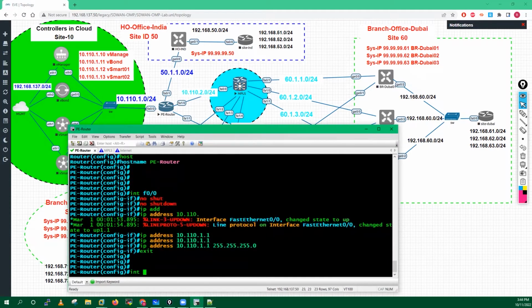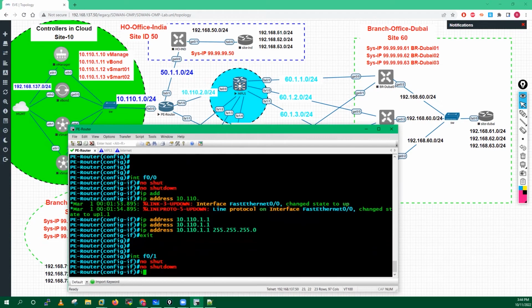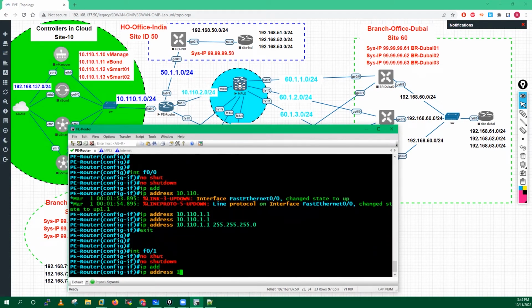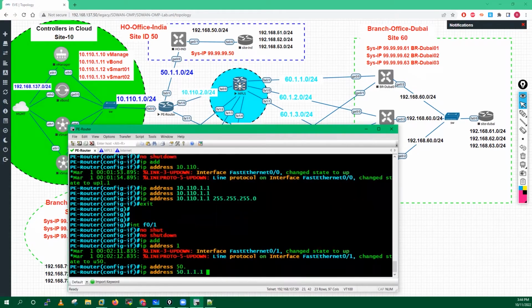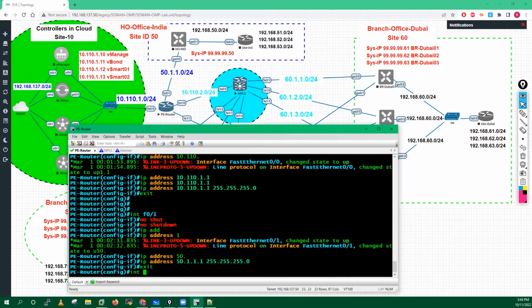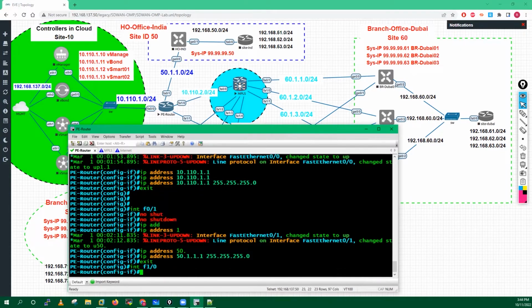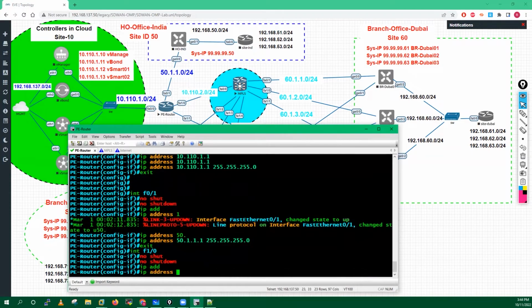Then we have another interface, F0/1, no shutdown, and IP address is 50.1.1.1, 255.255.255.0. Then we have another interface, F1/0, no shutdown, and IP address is 10.110.2.1